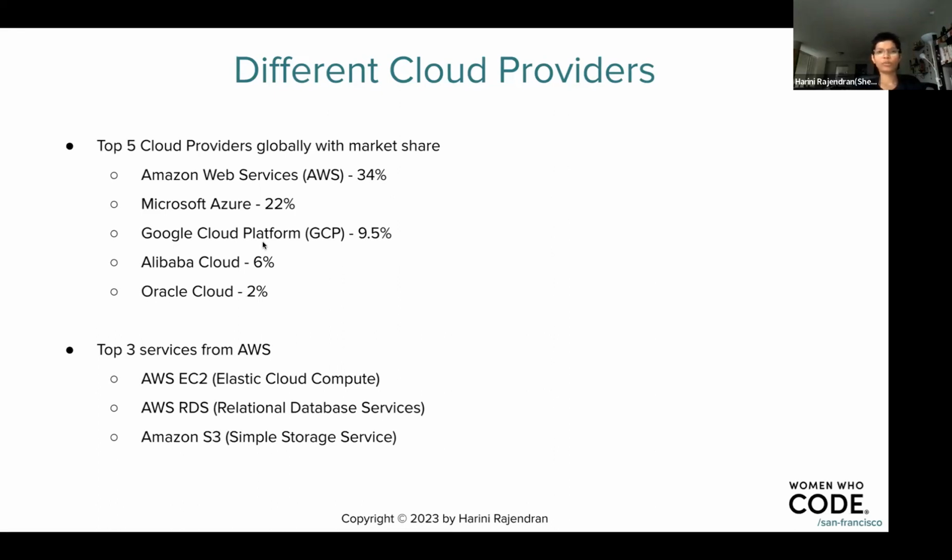I think GCP was also somewhere around 4 or 5% in 2015, and they are increasingly taking more and more market share with time. And outside of US, Alibaba Cloud in China is the next largest cloud provider, and they have about 6% of the market share, and I would assume most of it is within China.